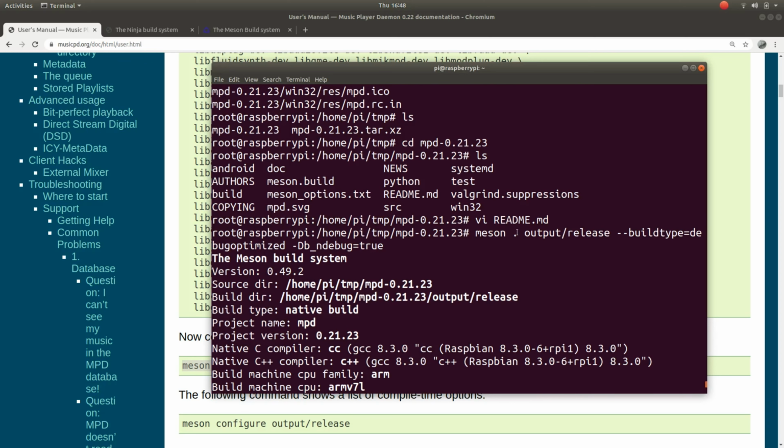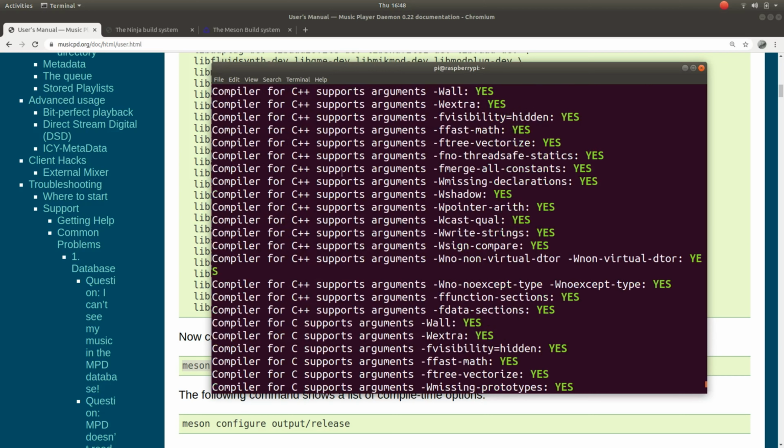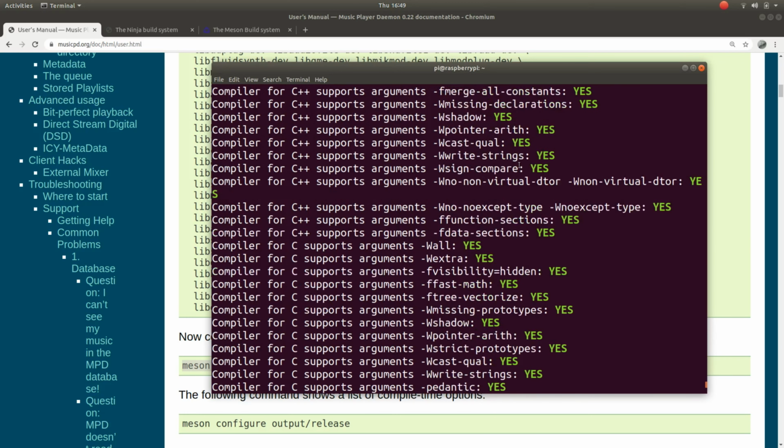So while it's scrolling down, what it does is, the dot specifies the current directory, which is the main folder where the source is, and you want to build a release in the output folder under the release folder. So it's like a folder path where the build type is debug optimized and some other flags. So here it goes. It automatically, like every build system, will check what